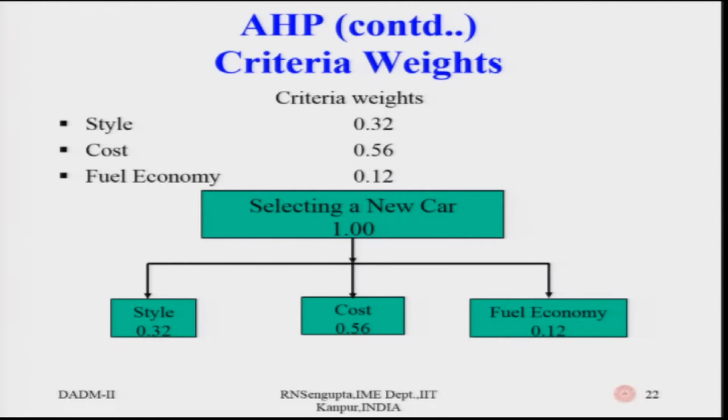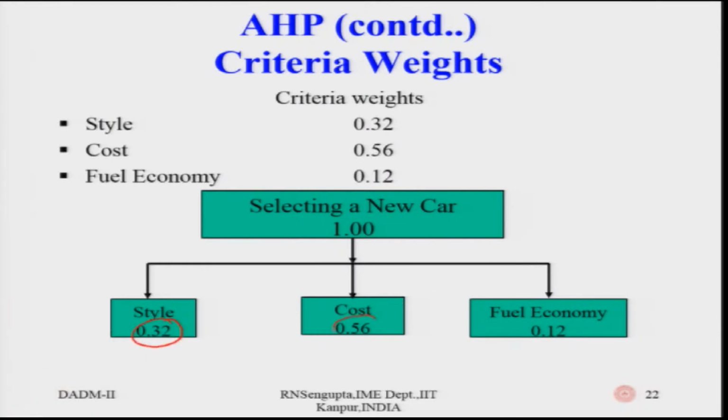So, once you have the criteria weights, I am only doing the criteria weights, I have not brought the alternatives into consideration. So, in the first row was style, second row was cost and fuel economy was the third. So, the criteria weights are coming out to be 0.32, 0.56, 0.12, which are the values which we have here,